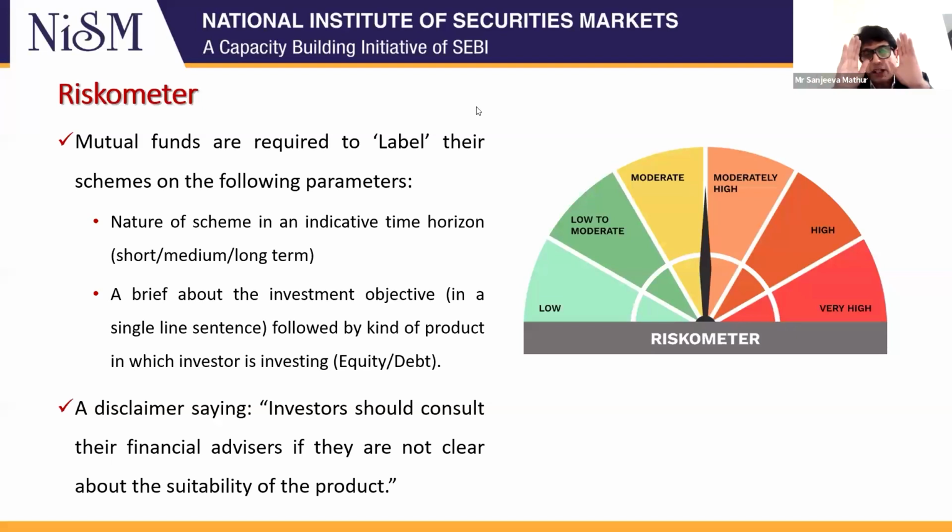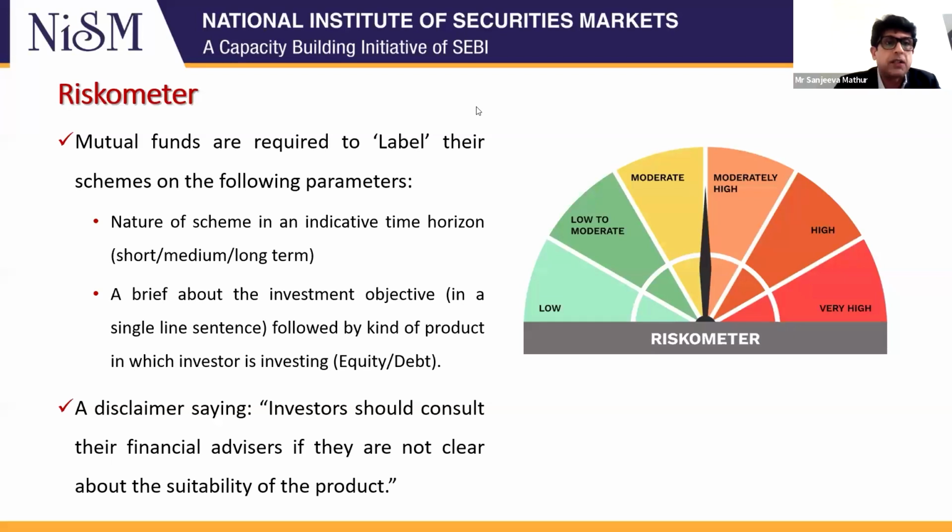So whenever you look at a scheme, look at this graph first. I'm just telling you very fundamentally right now before getting into technicals. You have an equity scheme, the arrow points moderately high. Okay, this has moderate risk, arrow points high. This has high risk, arrow points very high. This means this is very high. Can you take that risk? We'll come to that. Just to read out a few points, mutual funds are required to label their schemes on